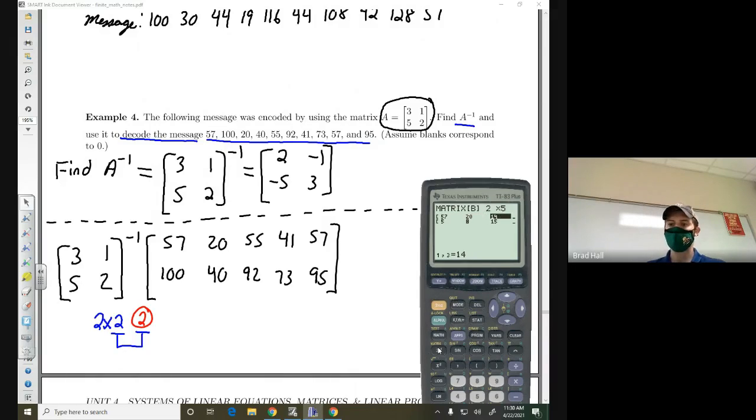So it's a 2 by 5 matrix. I'll go ahead and just overwrite the numbers from before. This is matrix B, by the way. 55, 41, 57. Once I plug all of these values into the matrix,